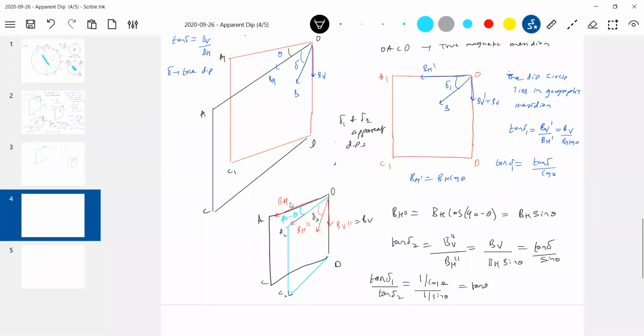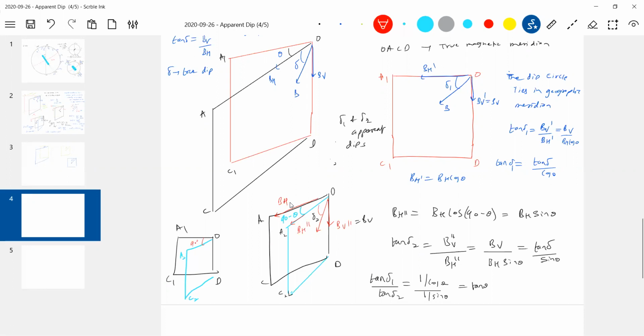So what is the thing? The magnetic meridian is a big headache to identify. That's what we are doing here. So what is the plane OA2? What is the angle between OA1 and OA2? It should be perpendicular. I think I can only show this much here. A small diagram, I'll put it. C1D. So what is this angle? This angle is 90 degrees.